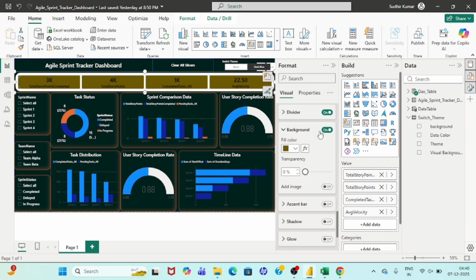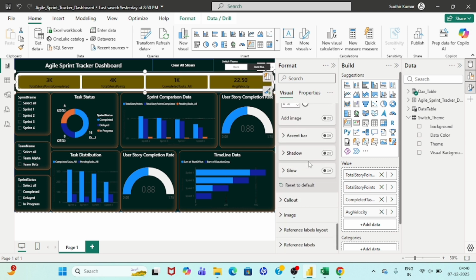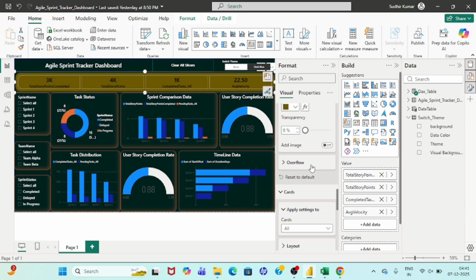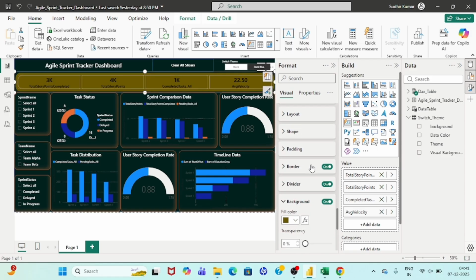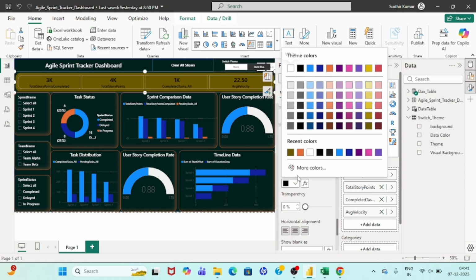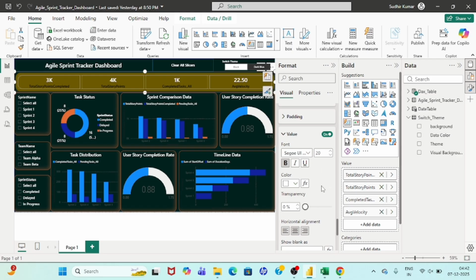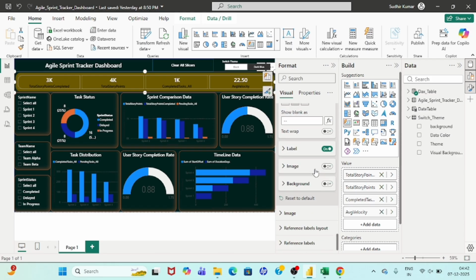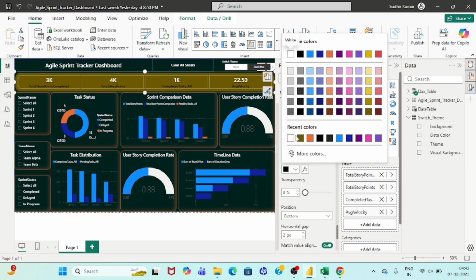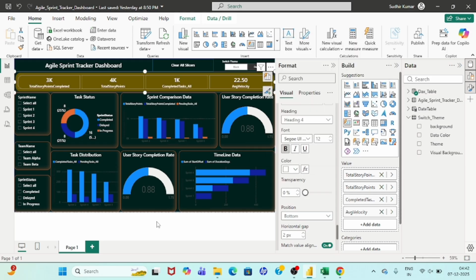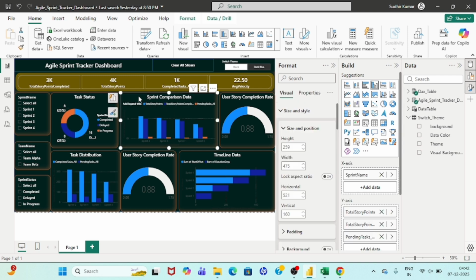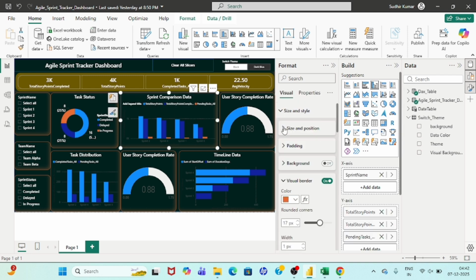Yes, okay. So if I add this color, and the text color I want to add as white. So I want to add this as white, right? Then we have labels, so let's add as white, right? Done. So we are done with this. Now let's work upon x-axis and y-axis colors. So this, let's complete